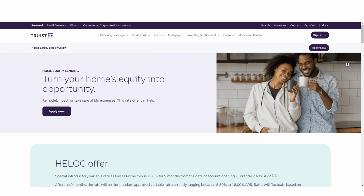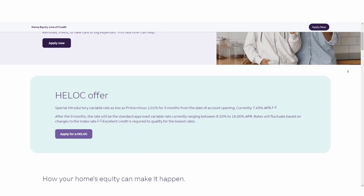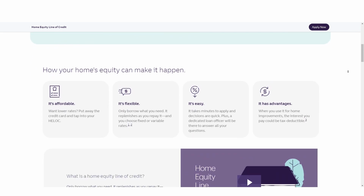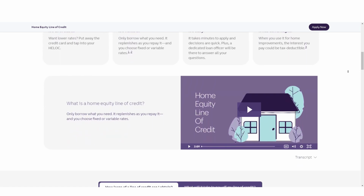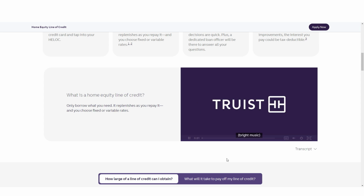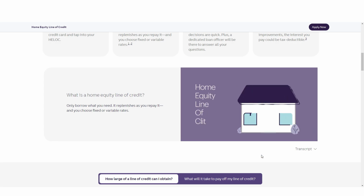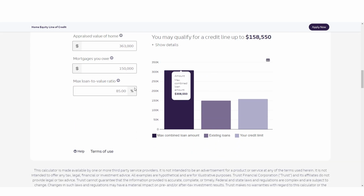A Truist HELOC allows you to borrow against the equity in your home, offering the flexibility to lock in a fixed interest rate on portions of your credit line. This can be particularly advantageous in a rising interest rate environment. Additionally, Truist may cover the closing costs for HELOCs up to $500,000, though if you settle your HELOC within 36 months, you might need to repay those costs. There is also a $50 annual fee in certain states and a one-time $15 fee for setting up a fixed-rate